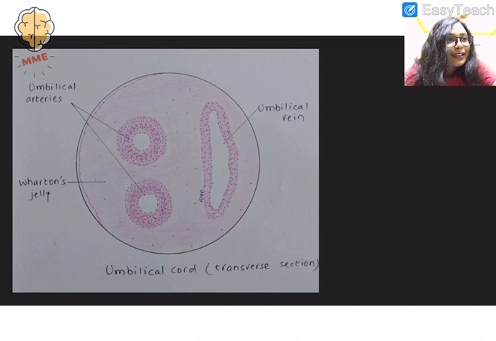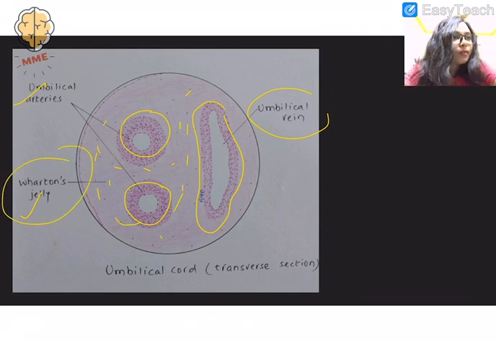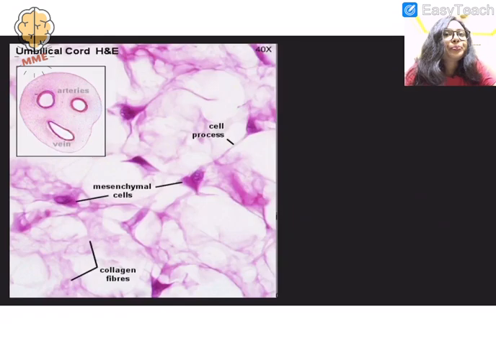So is this a smiley? No, this is not a smiley. This is a cross section, the transverse section of the umbilical cord, where this long one is the umbilical vein and these two short ones are the umbilical arteries, and the ground substance here, you see the connective tissue. This connective tissue is basically the Wharton's jelly, which is formed by mucus tissue. So is this a smiley? No, it is not a smiley. Yes, this is an umbilical cord transverse section.